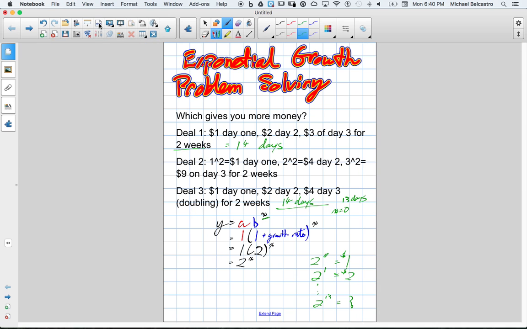So we got our answer. Clearly choose deal 3, which math textbooks tend to set up that way. The last one tends to be best. They're not like suspense books or anything. They're pretty easy to